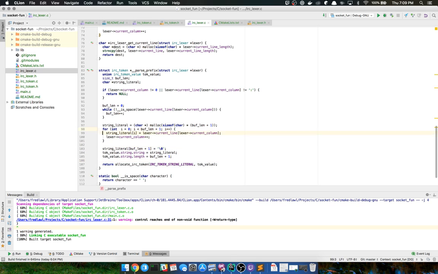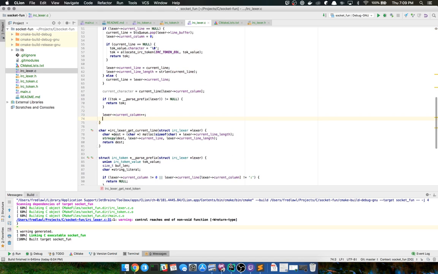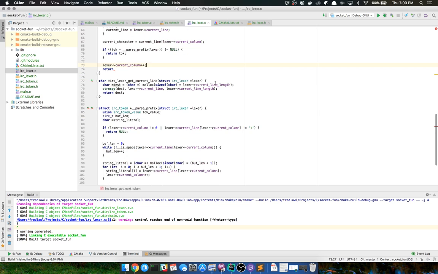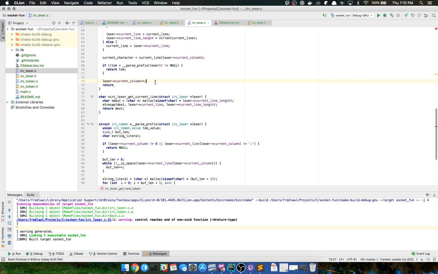That ought to do it, as a matter of fact. So if token, so we're going to return, so here I want to increment the column by 1 more. No, it's doing that here. I think that's all right. I won't ignore this for now.